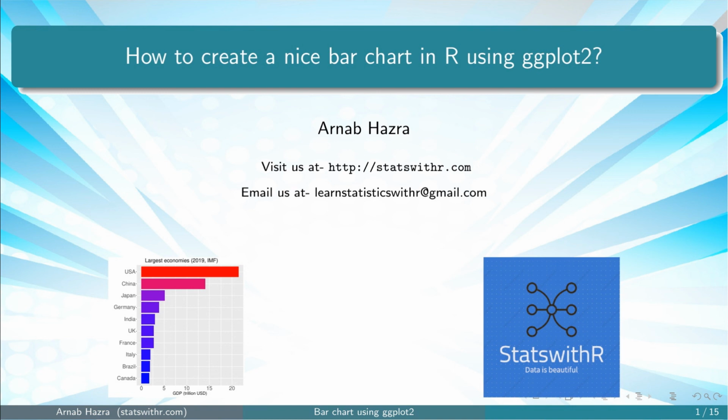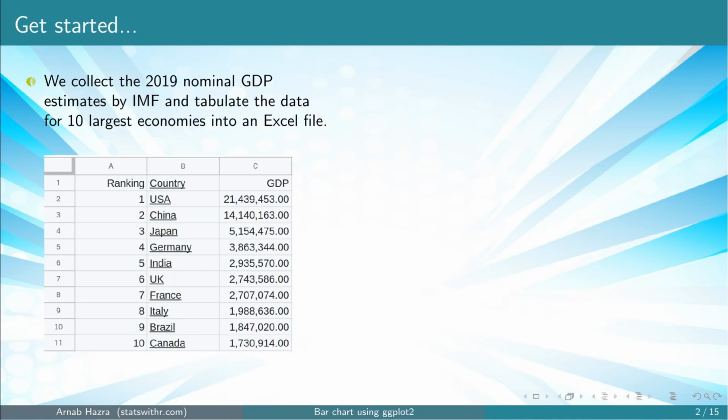Hello friends, in this video I will discuss how to create a nice bar chart in R or R Studio using ggplot2. The overall process involves several steps and I will discuss them stepwise. So let's begin. For demonstration, we collect the 2019 nominal GDP estimates by the International Monetary Fund and tabulate the data